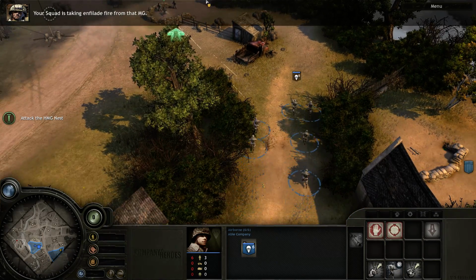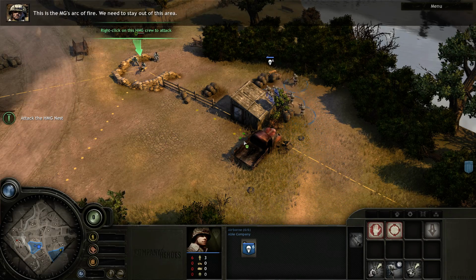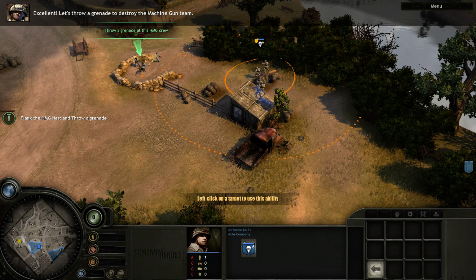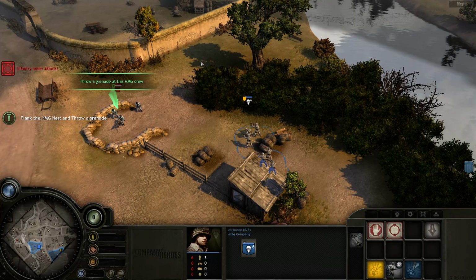Your squad is taking enfilade fire from that MG. This is the MG's arc of fire. We need to stay out of this area. Excellent. Let's throw a grenade to destroy the machine gun team. Left-click on the flashing grenade icon in the taskbar, and then left-click